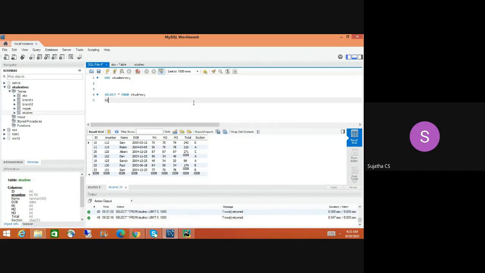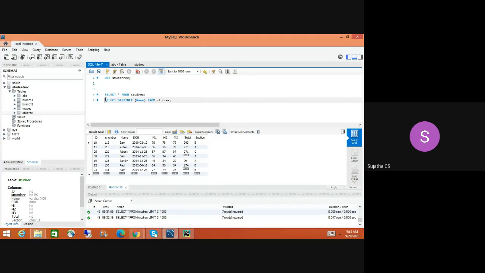Okay. I'm not going to use this where clause. I'm going to use a statement: SELECT DISTINCT, spelling correct, name, attribute name, from student record.